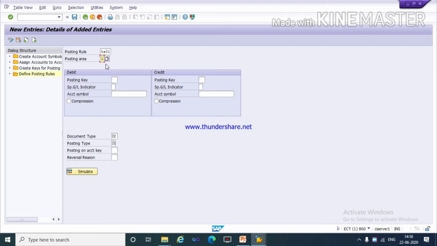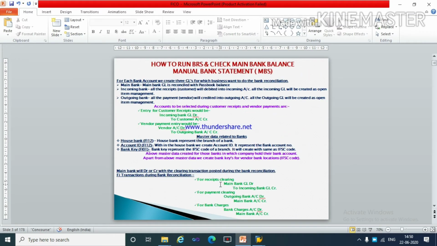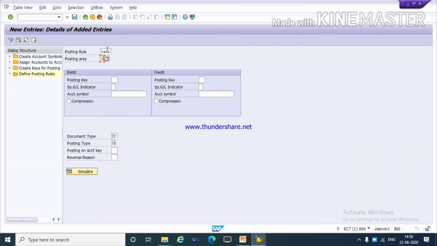Select posting area 1. Here, for incoming payments, concentrate on the GLs which we learned in our previous video, where I discussed the journal entries at the time of reconciliation. Here you can see we are creating a posting rule for TA01, which is for incoming payment.